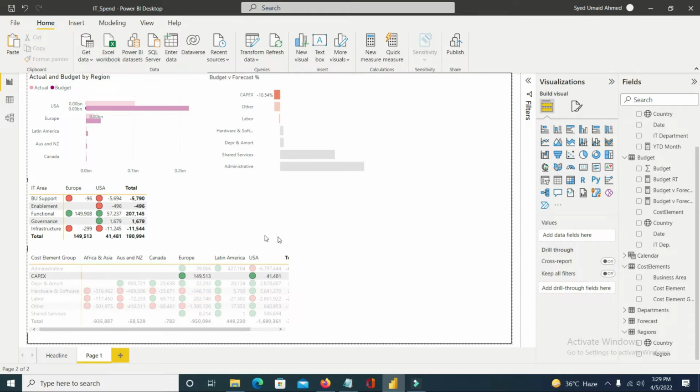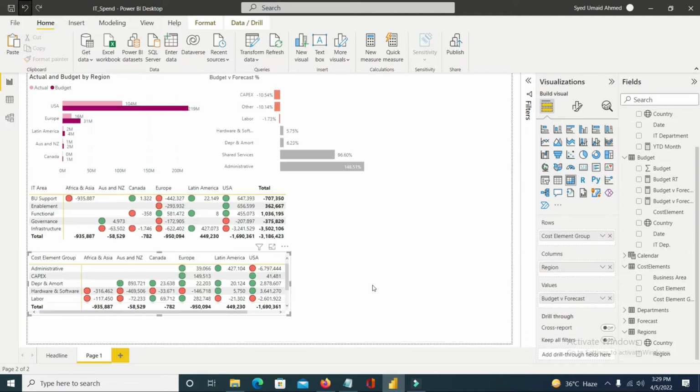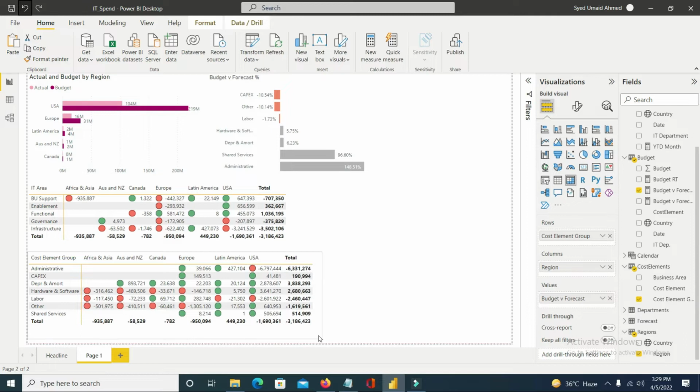We have done some mistake. If you have done some mistake, there is an undo button. You can click on the undo button and it will be again to its original part. Okay, so I have increased the size of this as well. I will click on this and I will increase the size of this as well, so both can be visible